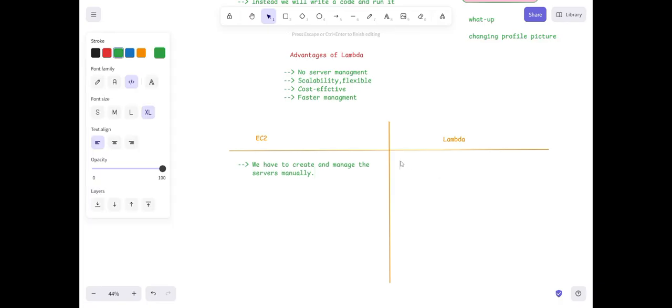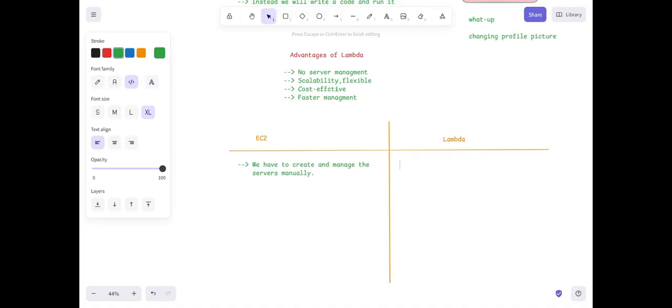This is how you used to deal with EC2, right? You will go, you will launch the instance. If you want to stop, start, or terminate the instance, you will go to actions and perform that task. So we have to do everything manually.